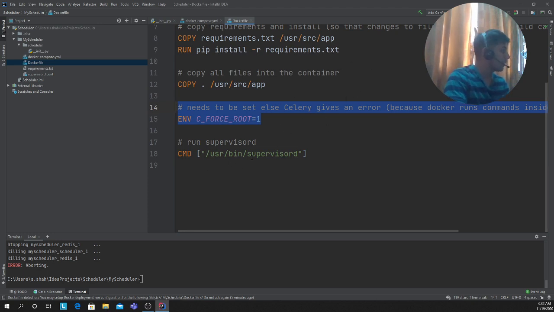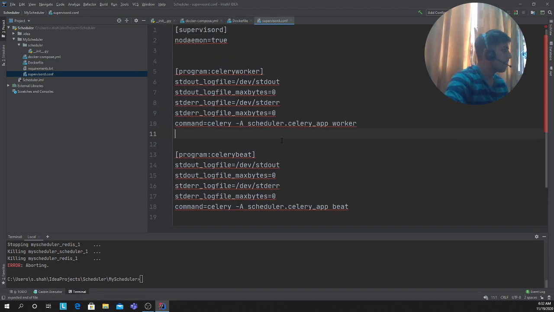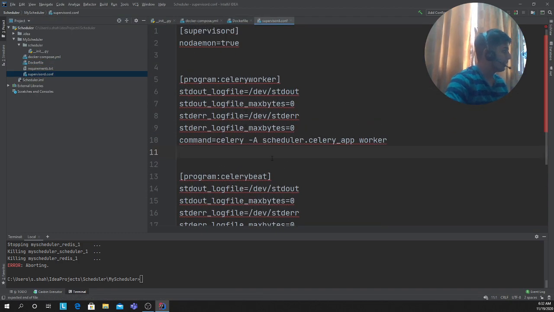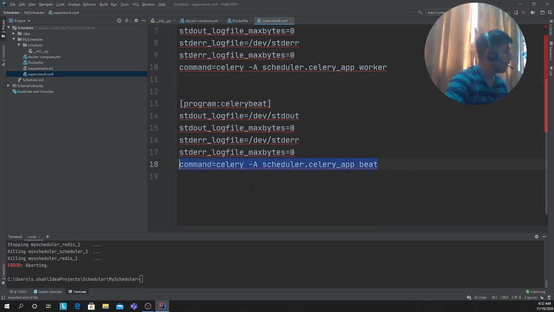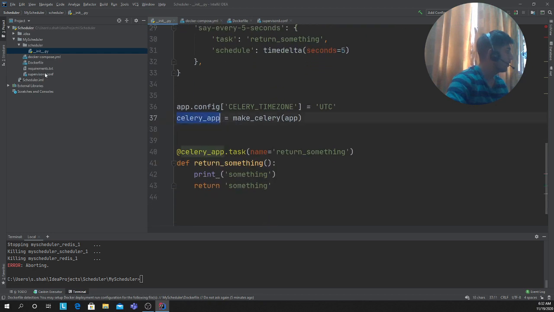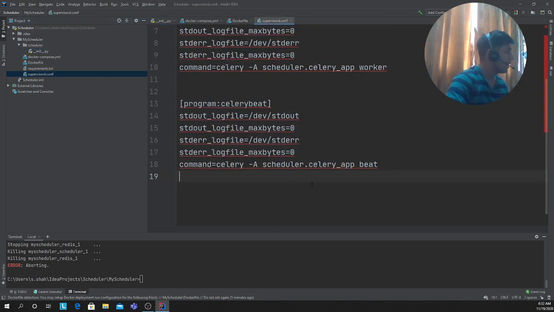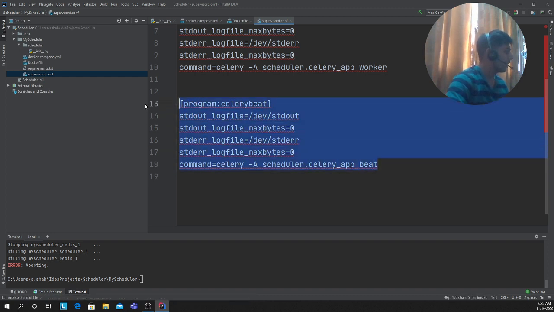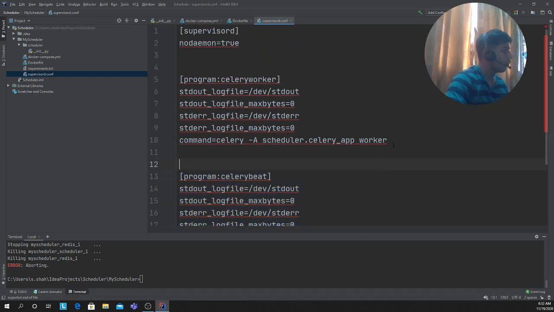Command: /usr/bin/supervisord is going to run the file for this one. Now what this does is, if you see, we are starting the worker in the background. Command is equal to celery -A scheduler, where scheduler is the name of the directory, dot the instance of the app that you created. Remember we had an instance called celery_app. So that's inside the supervisor .conf file. And then beat. So basically we're starting a beat, and then we got to start the worker, because that worker has to do the work, right?